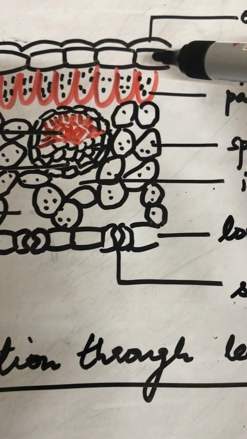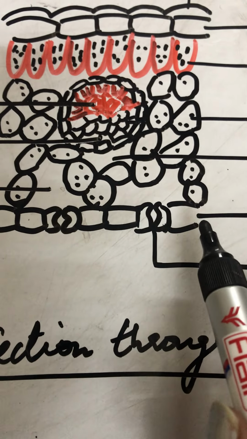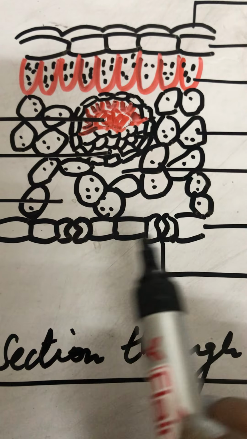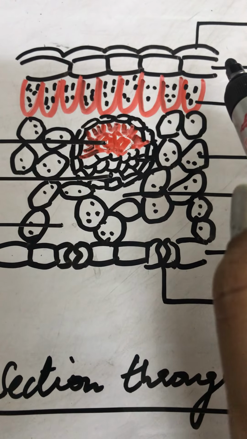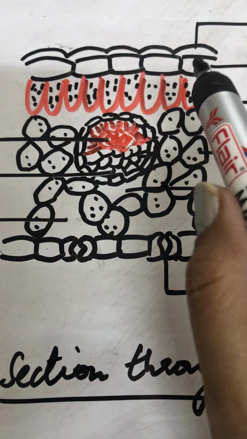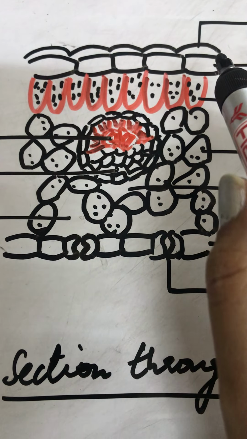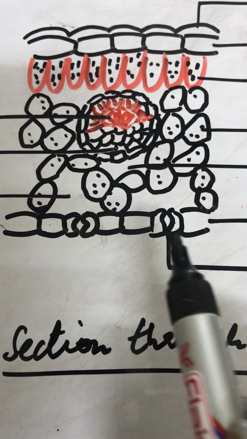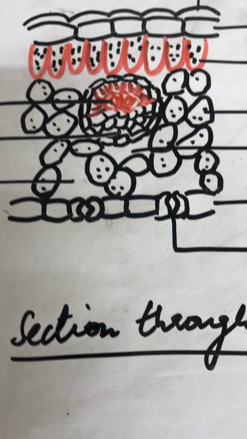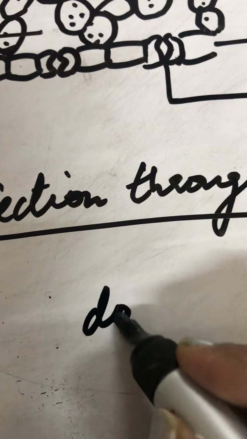This is the upper epidermis. And here we have the lower epidermis. As you can see, I have made stomata here, but here stomata are not there. In fact, here also stomata are there, but they are fewer in number. So very few stomata are there in the upper epidermis and more are there on the lower epidermis. Such is the case in a dorsiventral leaf.